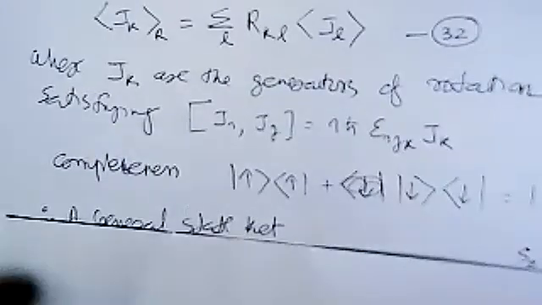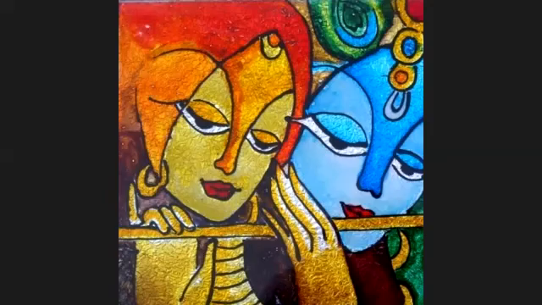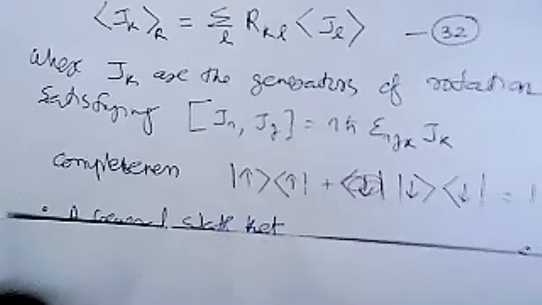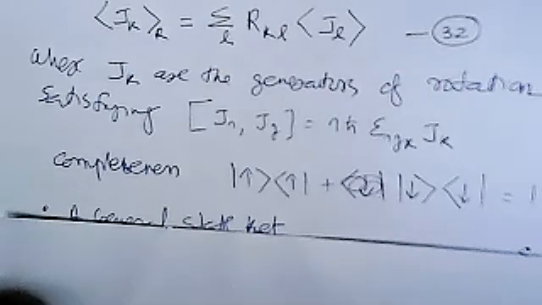Yes, sir, clear. What we did, sir, is we checked the behavior of the expectation value of Sx, Sy and Sz. We found that it behaves like a classical rotation. So spin angular momentum has all the properties of angular momentum, even though it is not a physical rotation. It is an intrinsic quantity, but it behaves as a classical rotation.